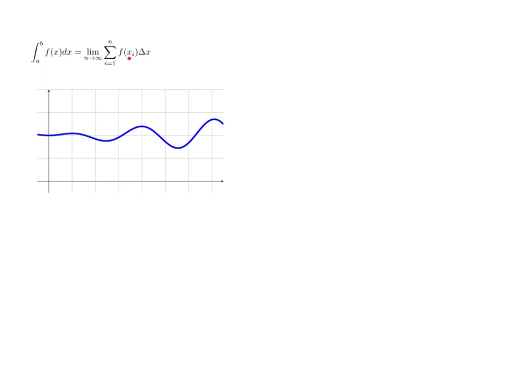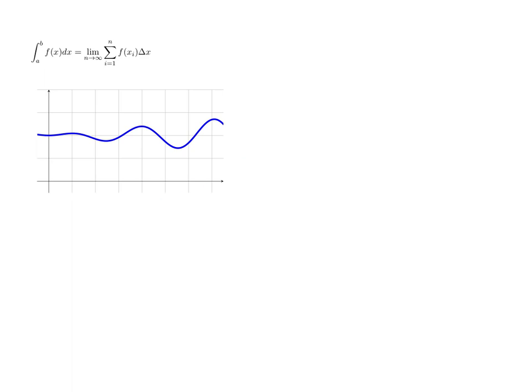The part that appears here is find the area of a rectangle. The height is f of x sub i, and the base is delta x. So this is the area of some rectangle. You then add the areas up. You then repeat this process by letting n go to infinity, because the more rectangles you use, the more accurate your answer is. So I'm going to actually try to derive this thing by using this picture down here,